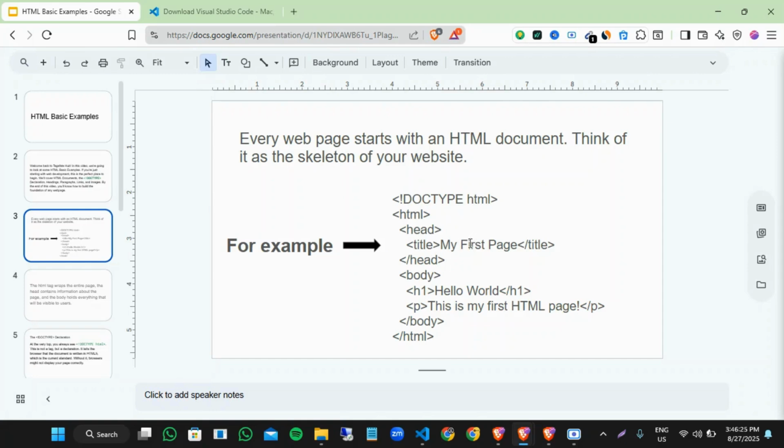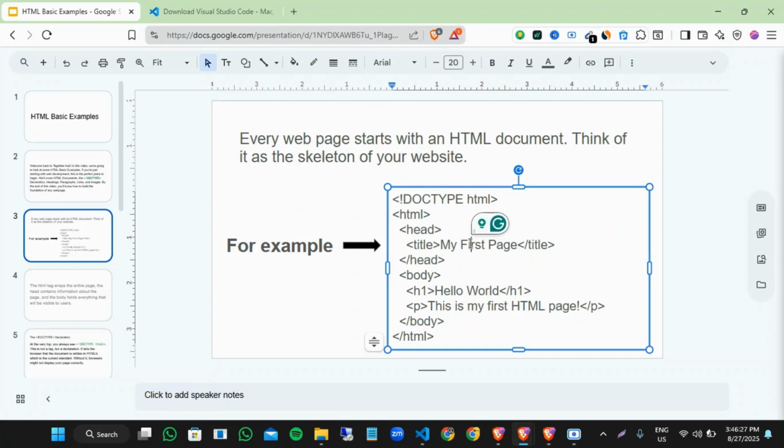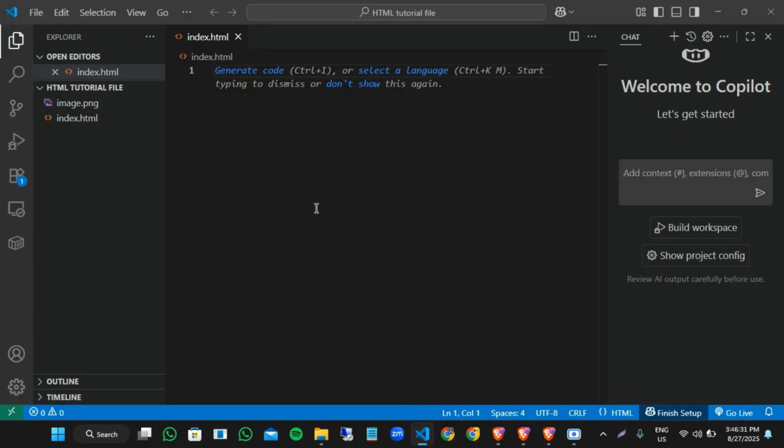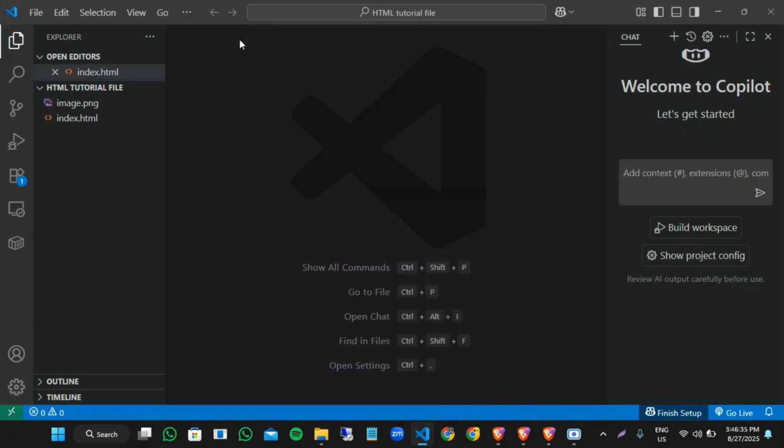Let me copy this out. I've copied it now. So let's go. Now, I've created my folder, let me close this tab so you guys are not confused. You see, this is a folder, HTML tutorial files. Inside this folder, I can create a new file. I can name it